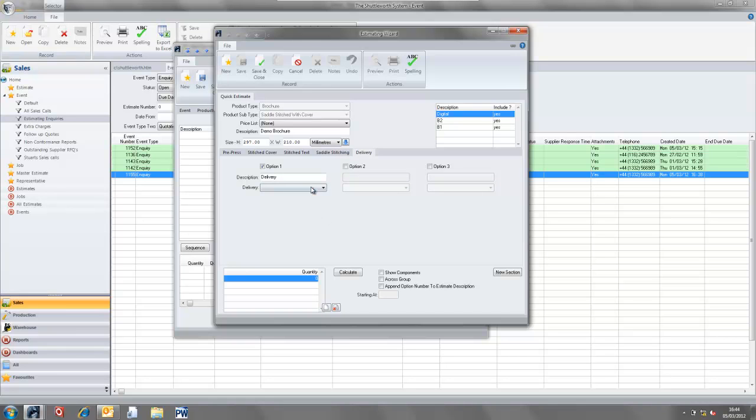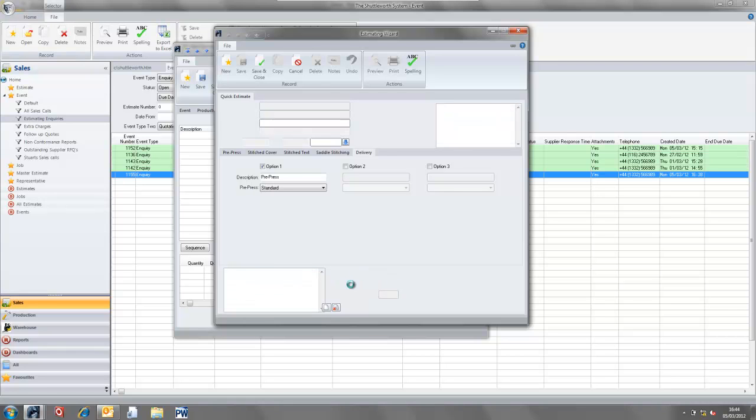I'm going to go to the delivery to pick up whatever delivery mechanism you use to calculate costs, and I'm going to put in a quantity. I could put in multiple quantities if I wanted, and when I hit the calculate button, what the system is going to do is look at all the different imposition options it has for the equipment that you have in your particular